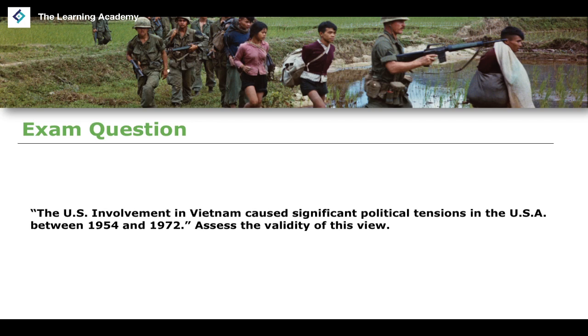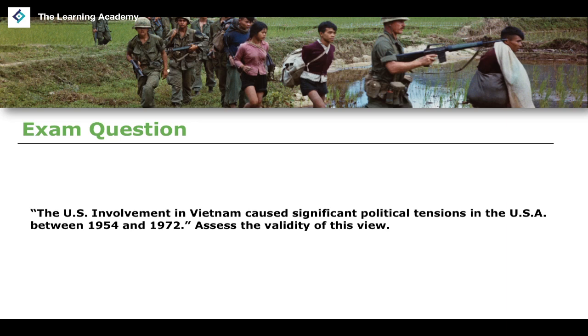Similarly, with an increase in the failures of the USA in the Vietnam conflict, we see an increase in war crimes being committed, the most egregious of which being the March 1968 My Lai massacre of around 340 or so Vietnamese villagers who were allegedly, in very inverted commas, supporting or harboring communist fugitives. So I think it's clear that you can ultimately conclude, and you should ultimately conclude to some extent, that the US involvement in Vietnam caused significant political tensions, okay?